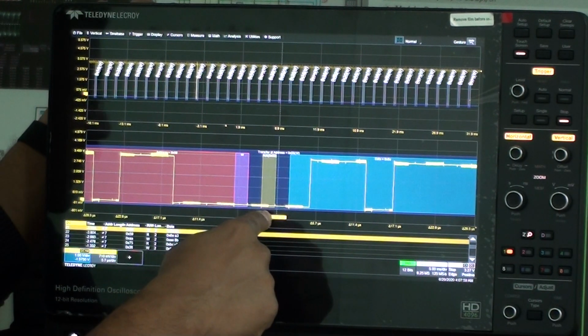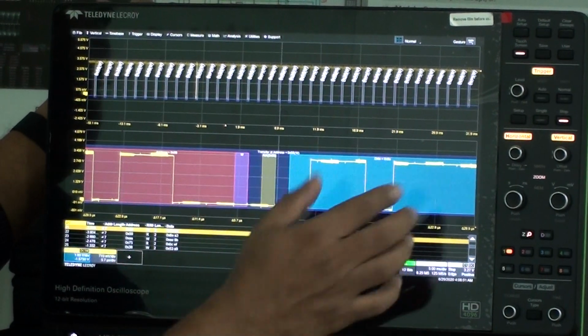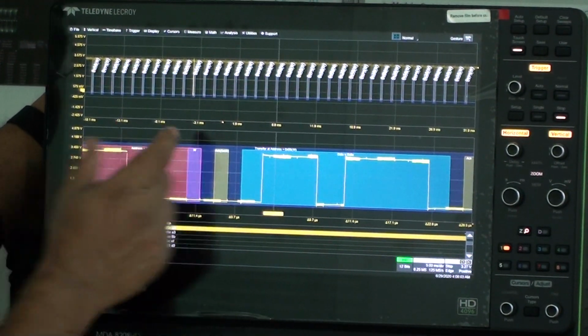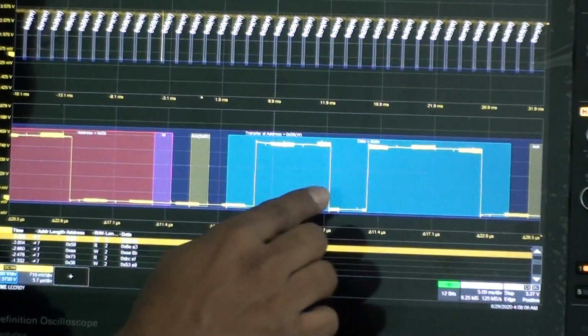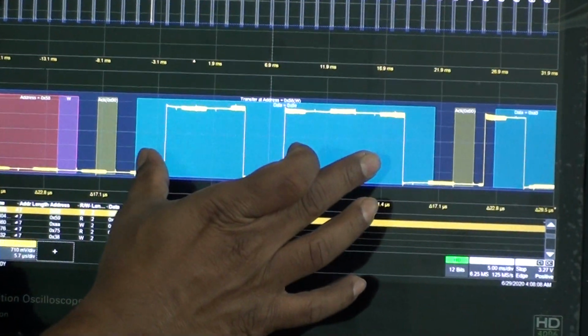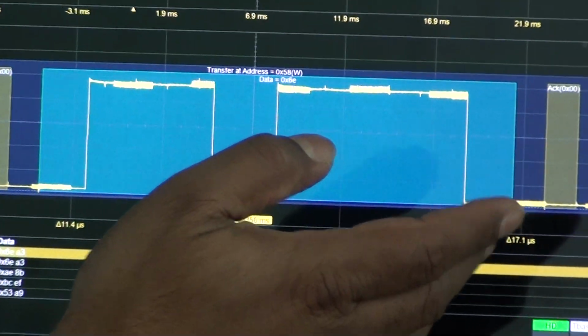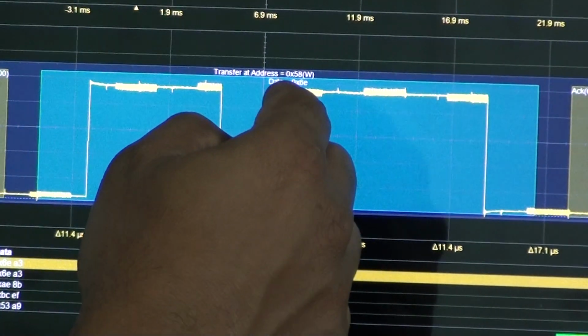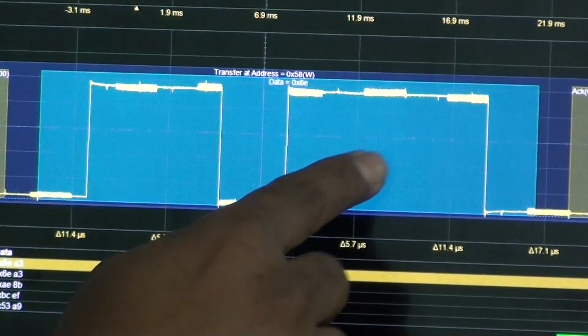You could see that the slave has acknowledged, and next, after the address bit and the slave acknowledging, you could see the data that is transferred at address. Data code is 0x6e at address 0x58.